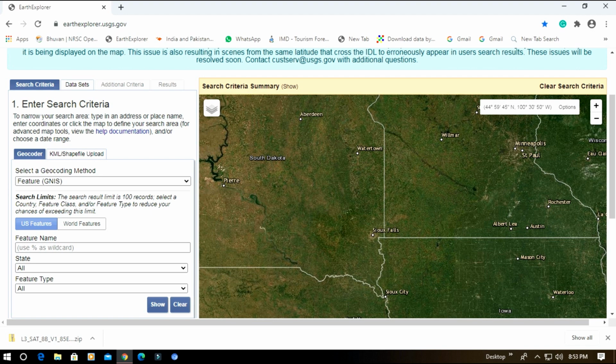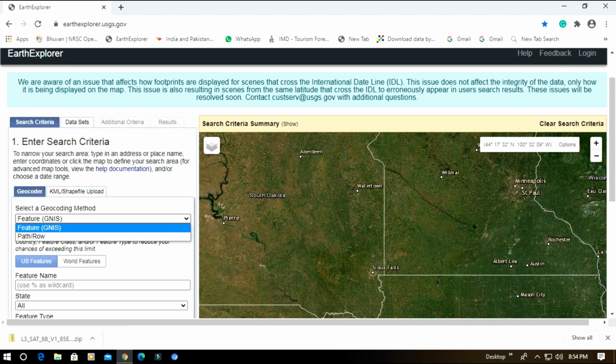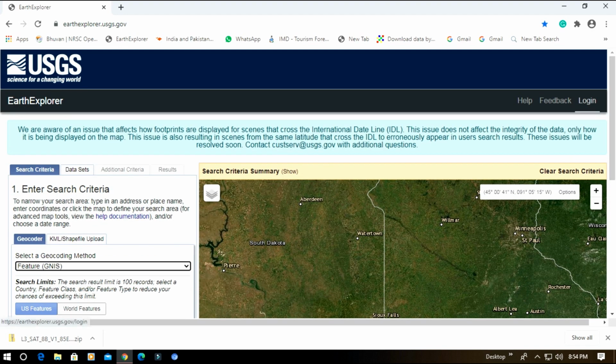So go to the search criteria, then here you will see path row and features GNIS, but you will not see the city or place of interest. If you log in to the portal, then you will be able to see the city or place. So at first we need to log in.